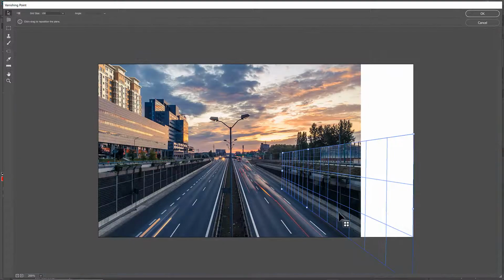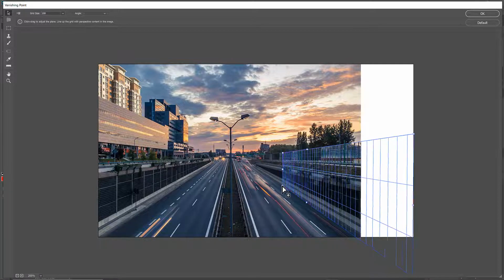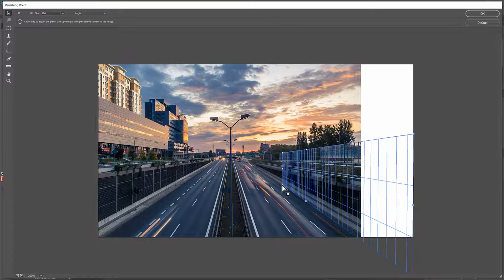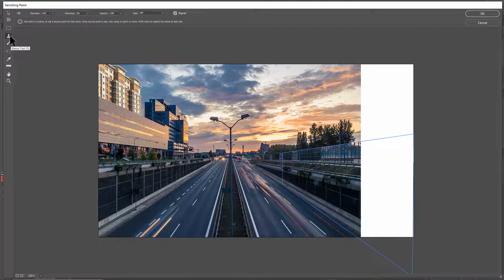I'm going to zoom out. And if I'm uncomfortable about one of the points, I can just go and adjust it by clicking and holding Control. And then you can see that Photoshop is going to help you to really detect the right perspective and things like that. So what I want to do now is to go and hit S on the keyboard, which is for the stamp tool. And now my goal is to go with the Alt